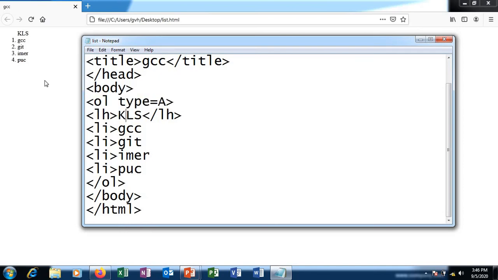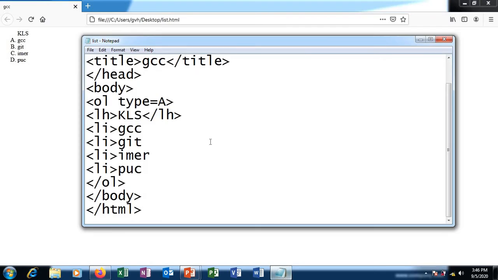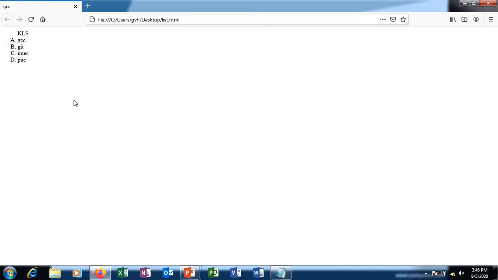Save the changes, go back to the browser, refresh or press F5. With type A, we now have the listing options as A, B, C, D. So this depends on the designer's choice. Let me have lowercase alphabets. Save the changes and press F5. We now have the marking options with lowercase letters.